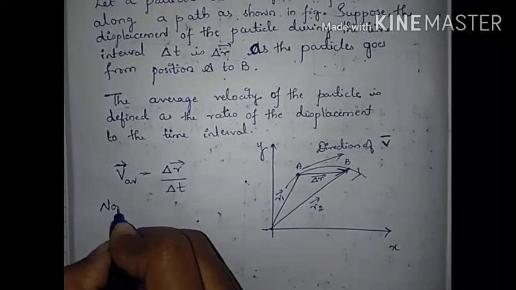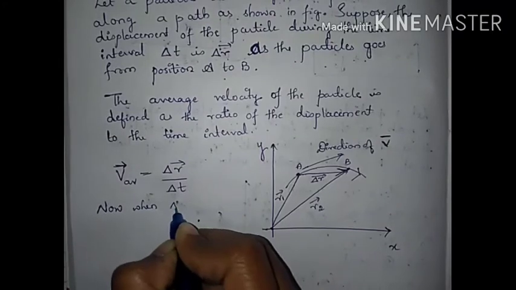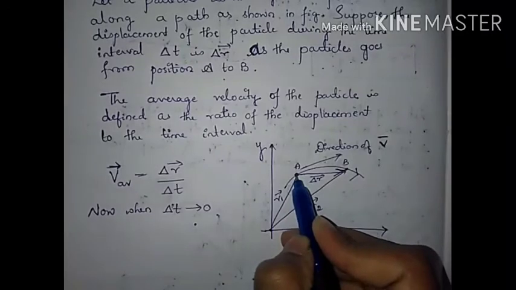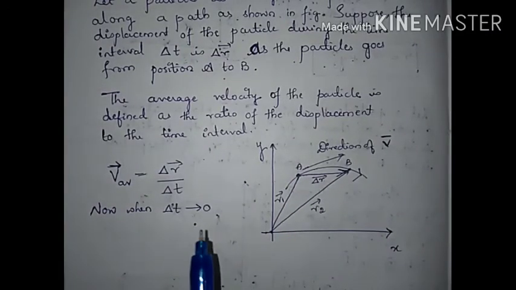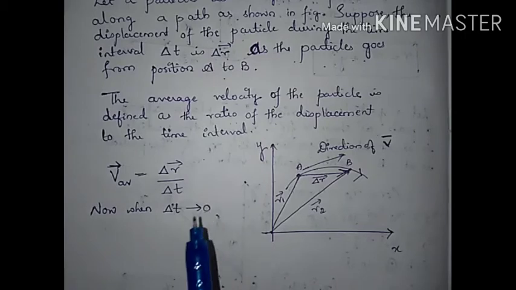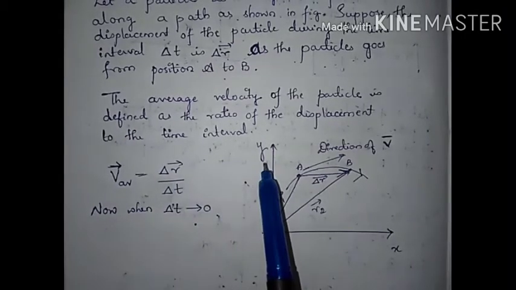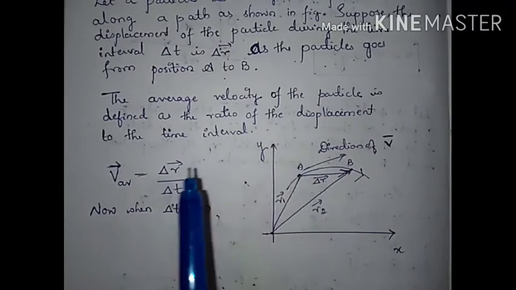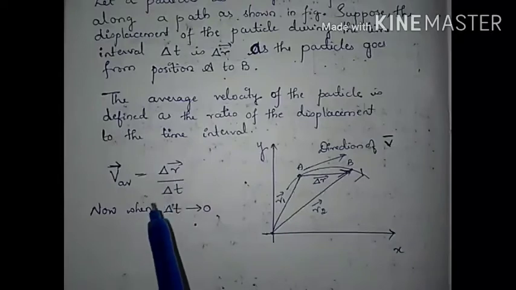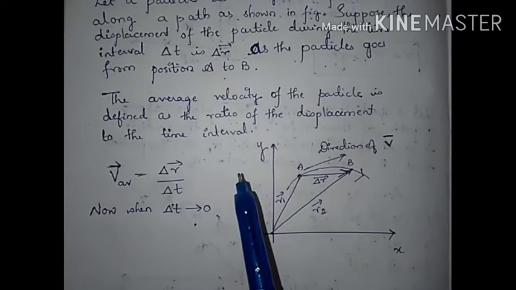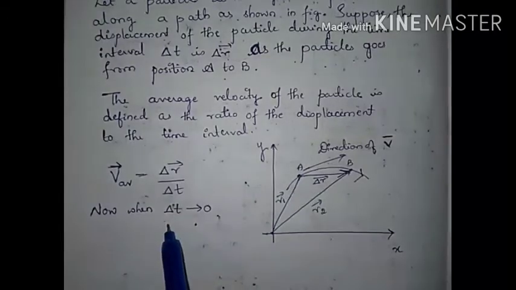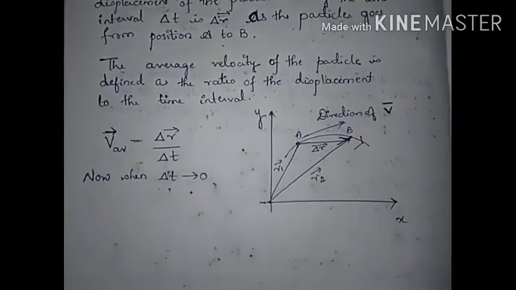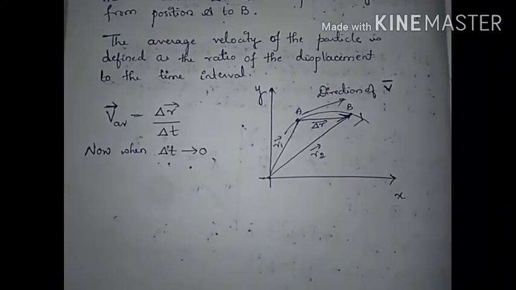Now when delta t tends to 0, this point appears to meet A. So that is known as the instantaneous velocity of the particle at point A. I have discussed what instantaneous velocity is. If you don't know, then please go back to the last videos which I have done on instantaneous velocity and acceleration. Then you will understand what I am writing here. So now the instantaneous velocity of a particle at point A can be written as